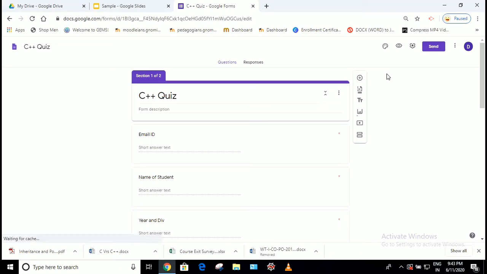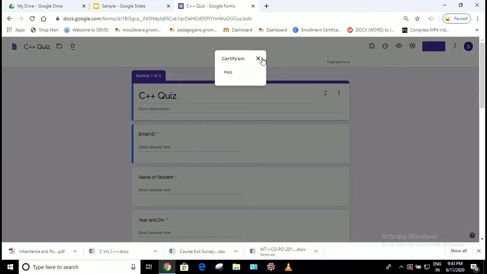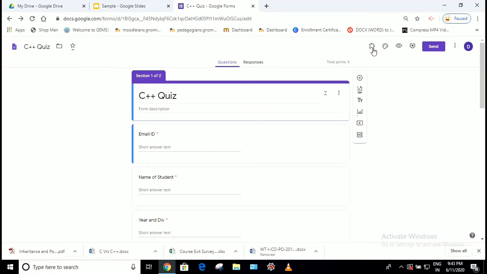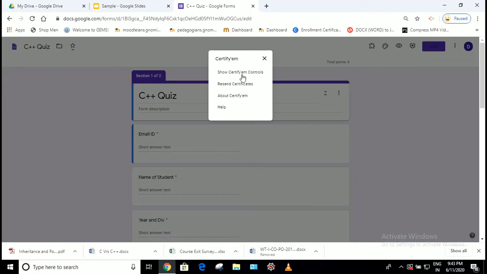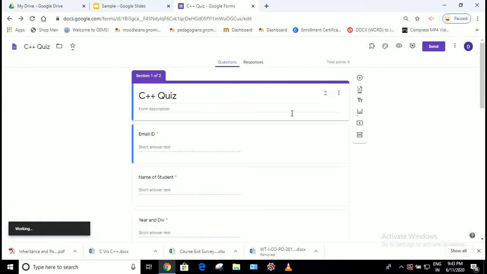So to see what happens, just click on this add-on icon, click on Certify EM, and you will see these types of options. So click on Show Certificate Controls.